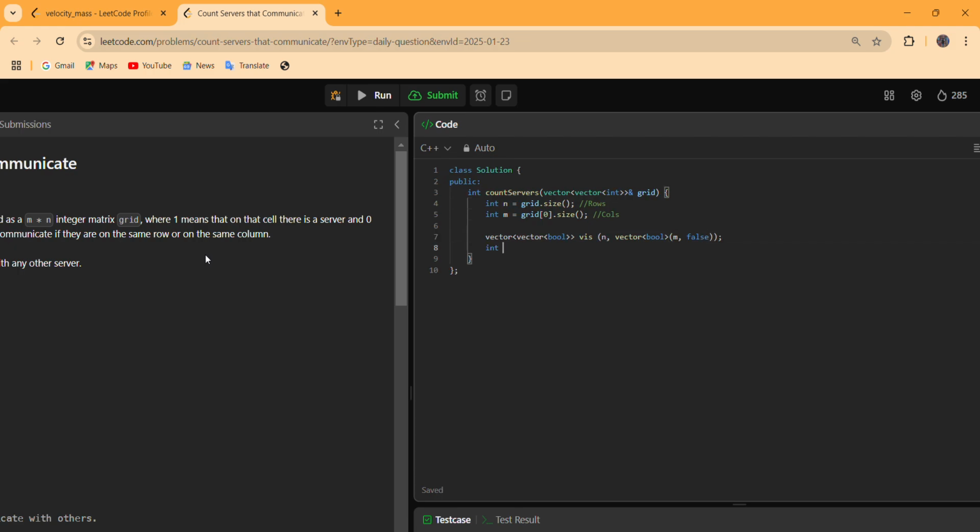Now we maintain a count variable to count how many servers we have encountered till now. We start to move in our input matrix,